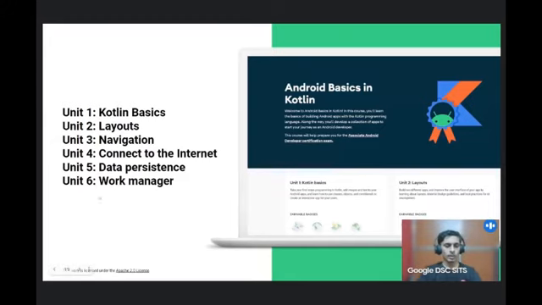And in Unit 6, you will learn about the Work Manager. Consider the Gmail app. Even if you are not using the Gmail application, it keeps sending you notifications when different mail arrives. For that, you have to write the code which will schedule and check for emails. For that kind of functionality, Android provides the Work Manager application programming interface. You will be learning more about it in Unit 6. So let's check it.